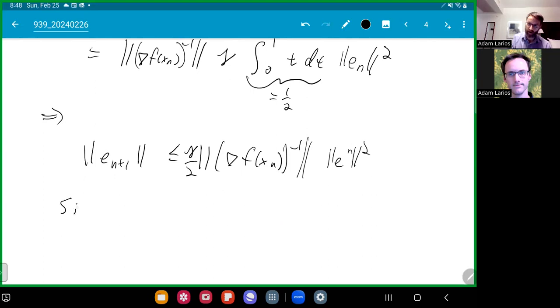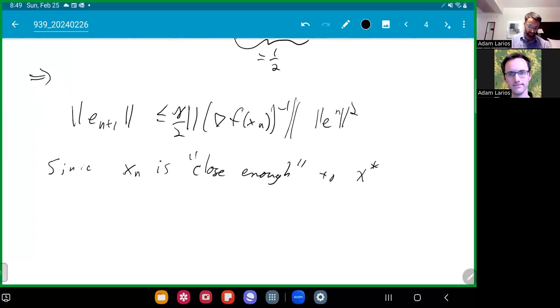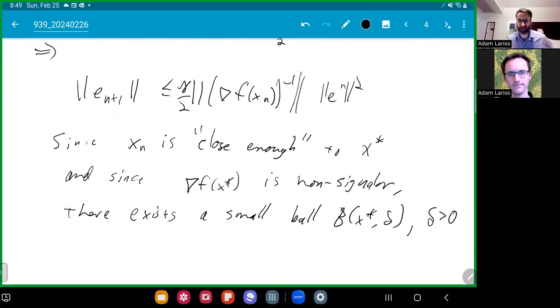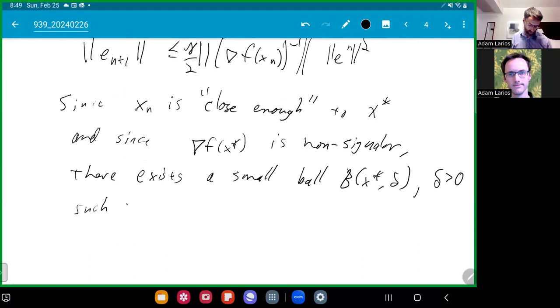So since xn is close enough to x star, and that's a delta coming up in the proof, it's close enough to x star, and since the gradient of f at x star is non-singular, then there exists a small ball at x star, some delta bigger than 0, some small ball, such that if xn is in that ball, that's an element of symbol, then